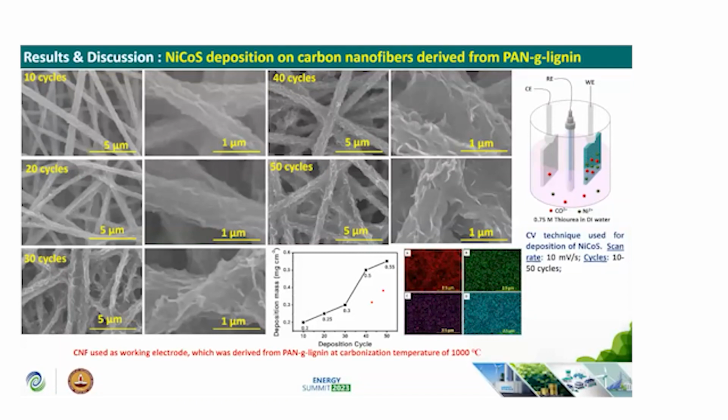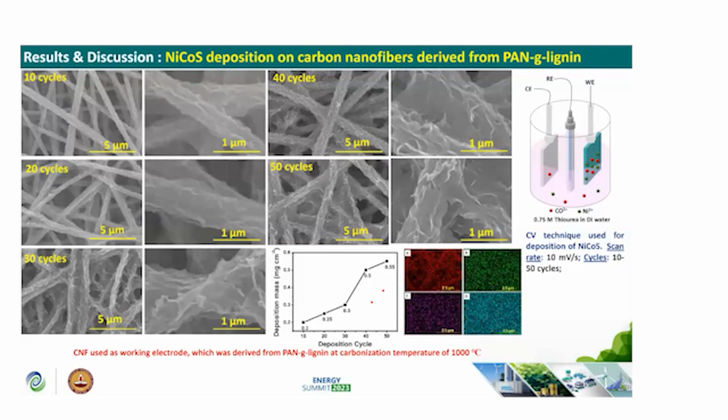In this work, we have used 1000-degree carbonization temperature derived carbon nanofiber for a freestanding electrode, followed by different potential cycles by CV method, which has been employed for the deposition of nickel-cobalt sulfide. When increasing the potential cycle, the thickness of the deposited material also increases gradually. And then we have preliminarily characterized by various techniques, and we have chosen deposition cycle 40 as the optimum